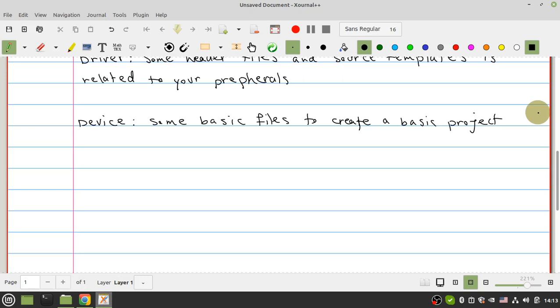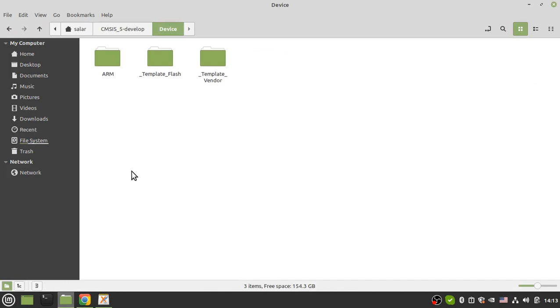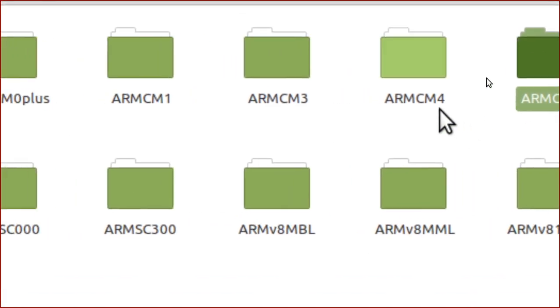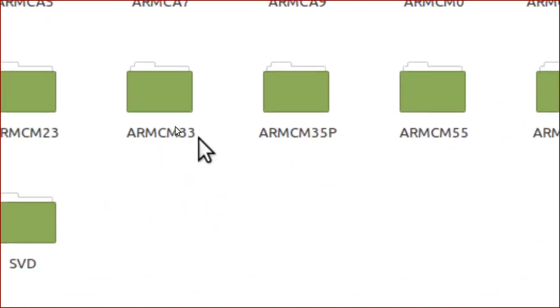You got familiar with two of these files. One of them is a startup file, okay? You can have a startup file in C or assembly mode in CMSIS. So you can find your startup file for your specific core in CMSIS device, okay? In CMSIS device, as you can see in device, the ARM directory, and your core. For example, my core is Cortex M7. Here is core M7, and Cortex M4, M3, M1, and other microcontrollers,